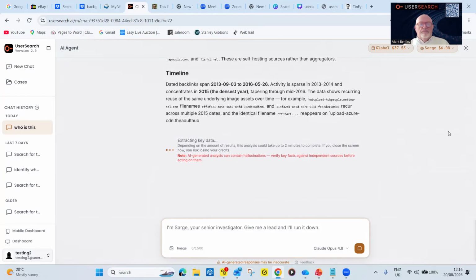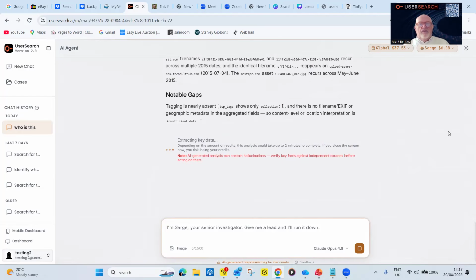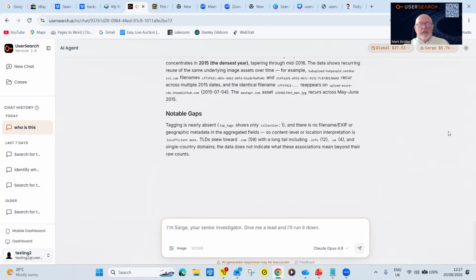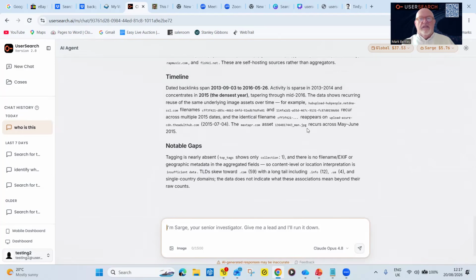So by extracting this data, you can see where the most likely ones are, and the gaps. So gaps in the information. So let's go and have a look. Right. So it's actually giving you that this came up around about September 2013. So the picture we're going to be looking at for him now is 13 years older.